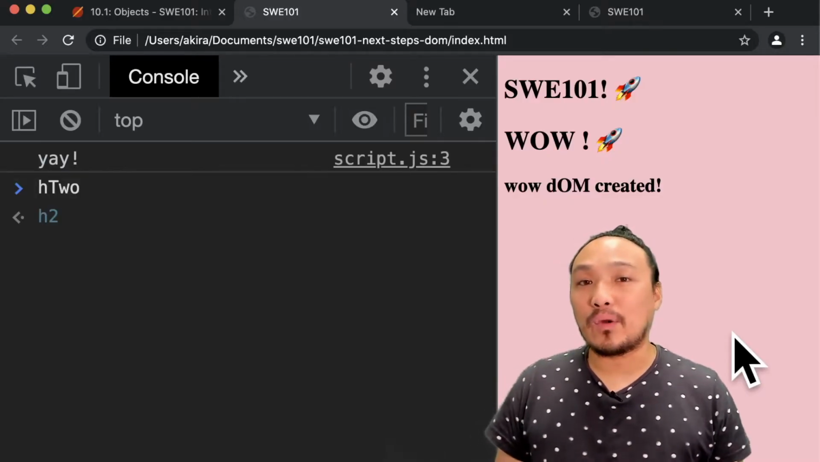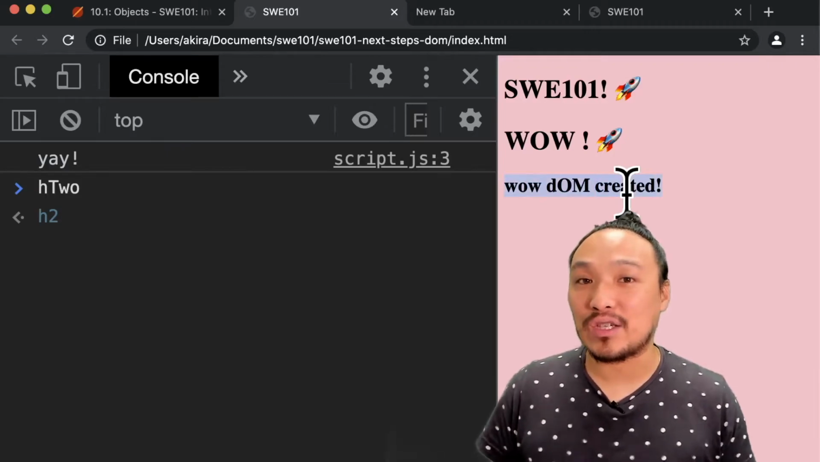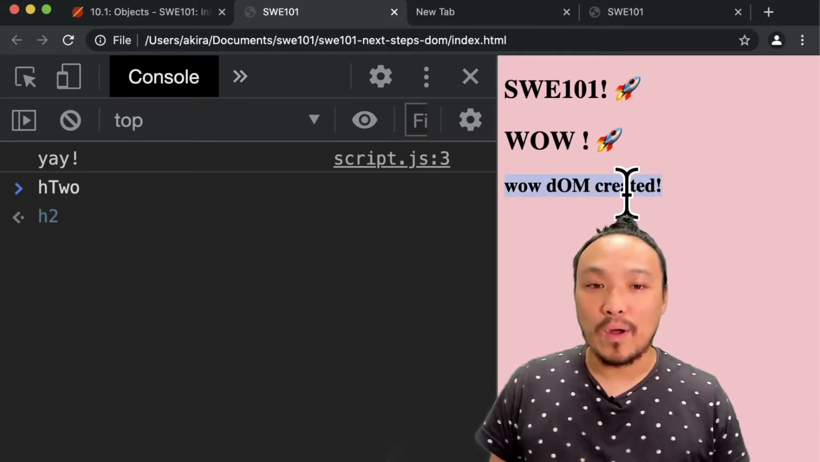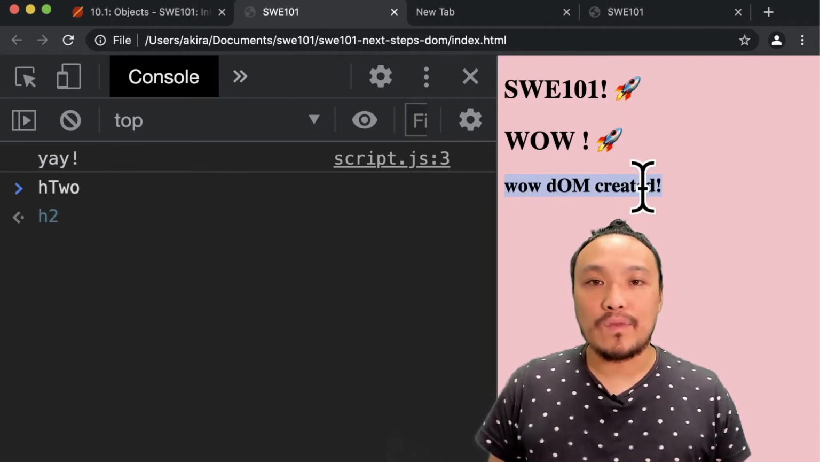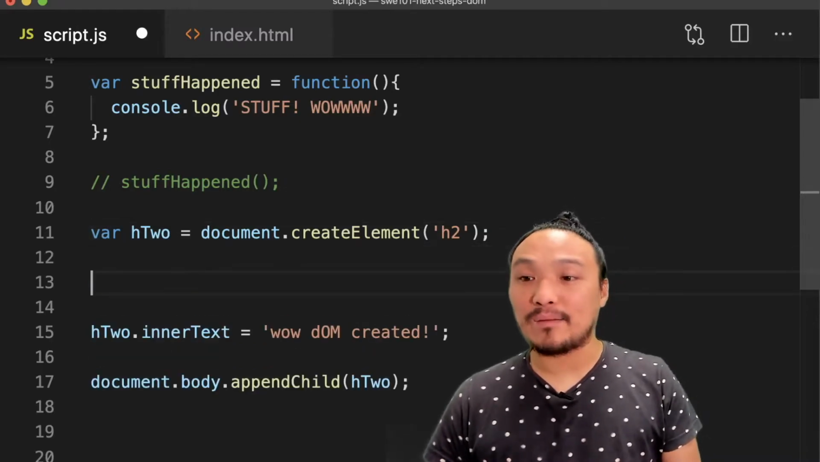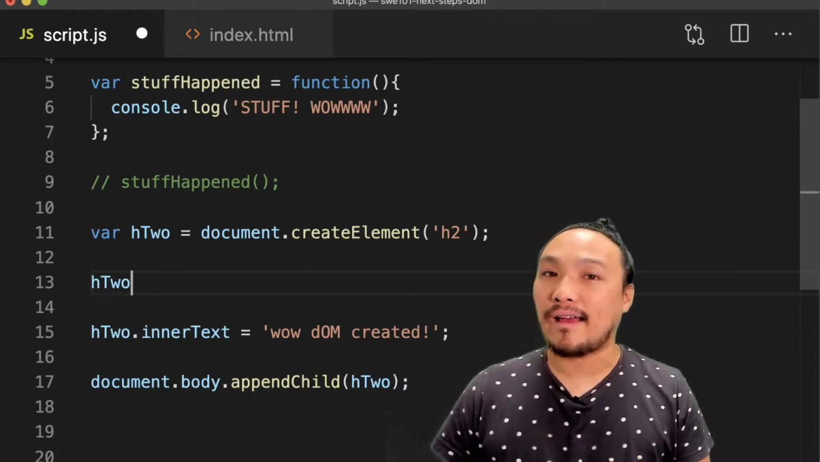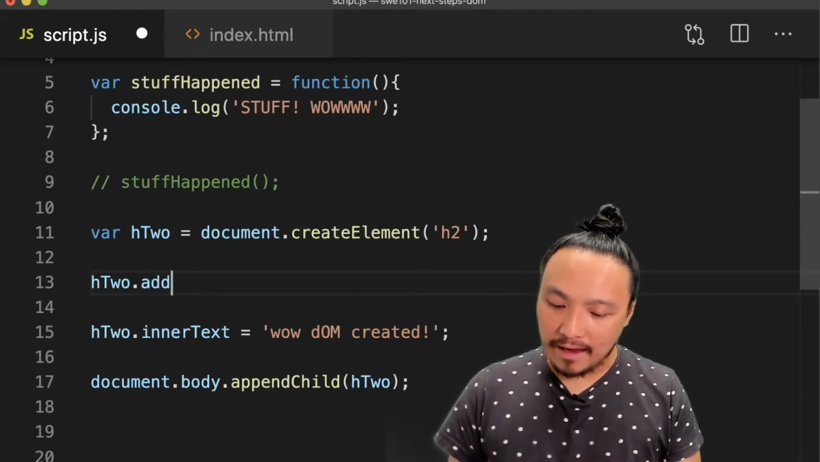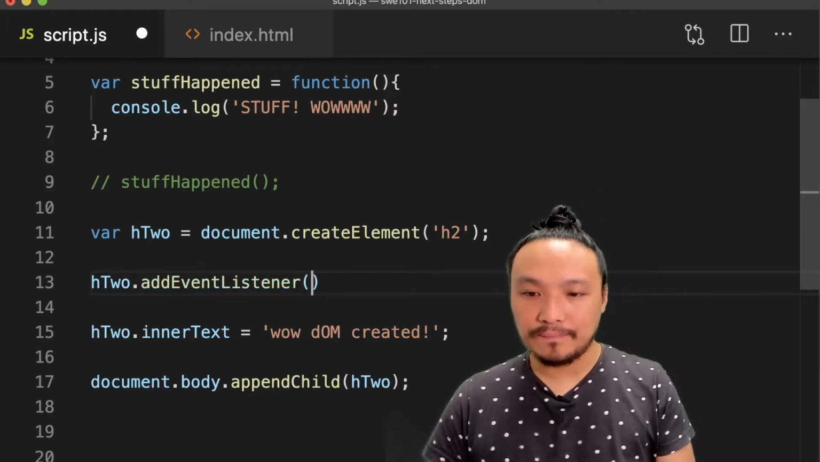The action that I'm going to capture is the clicking of this element that I just created. So when the user clicks anywhere in this element, then I'm going to have the function run. So that element is represented by this h2 variable that I have here, and I'm going to call the add event listener function,